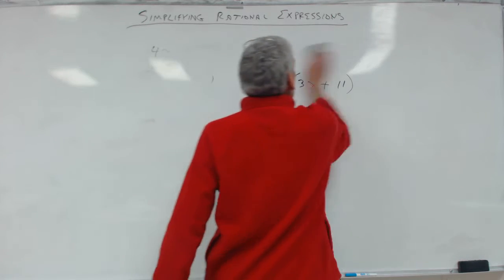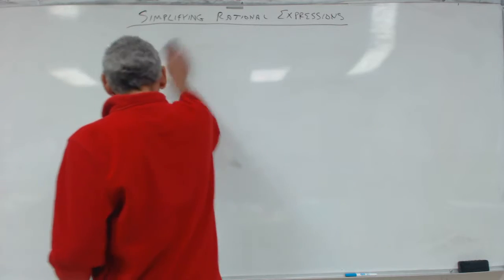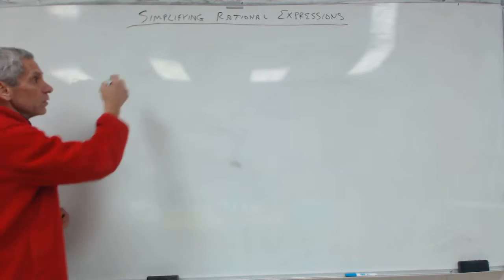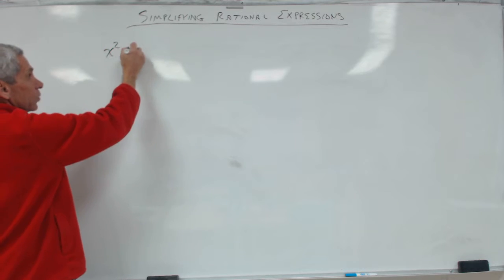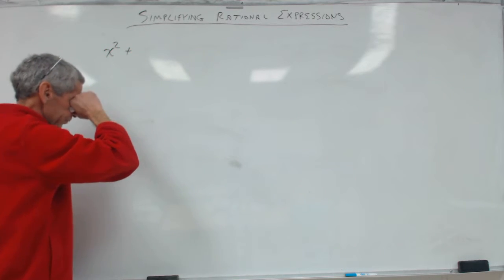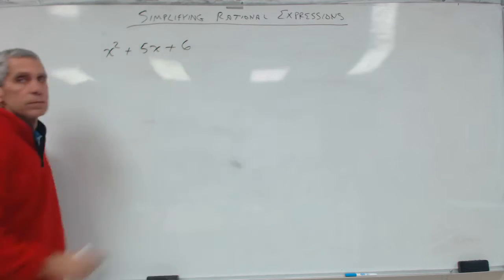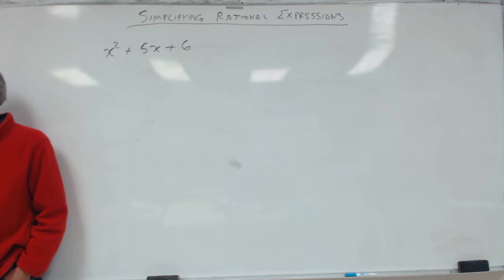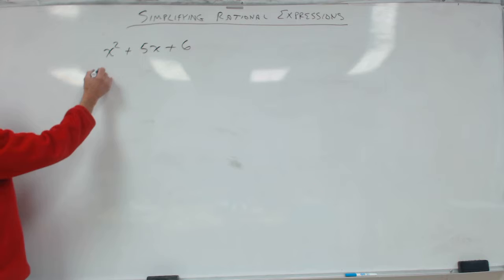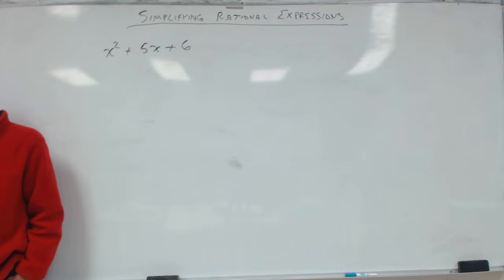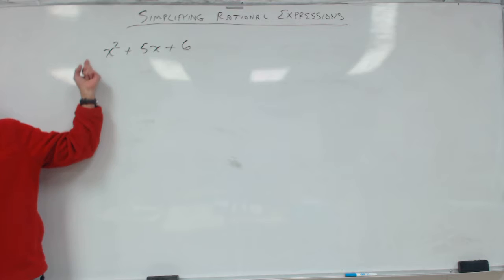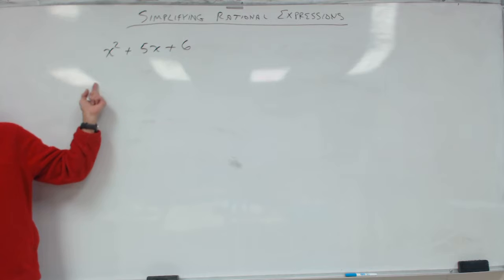All right, so now let's talk about trinomials. Let's say I did x squared plus 5x plus 6. So these are quadratic trinomials. What do I do? Remember, do I need to use Gary's trick? I don't use Gary's trick because the number in front of the x squared is just a 1, right? I only use Gary's trick